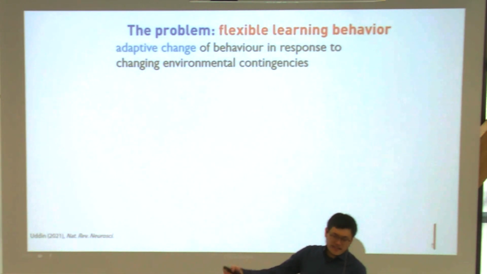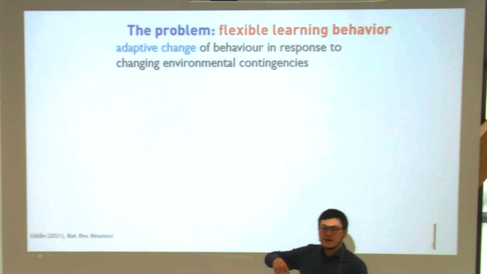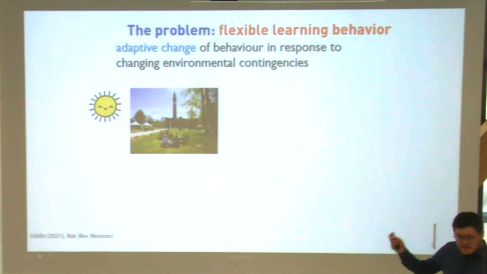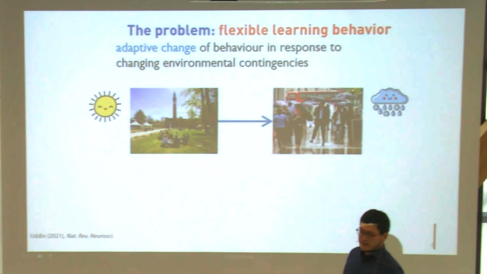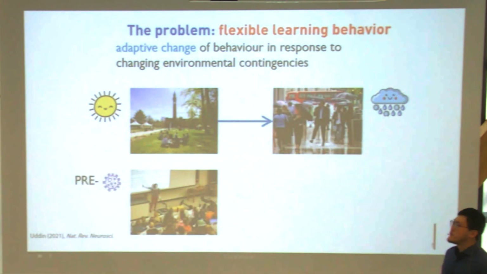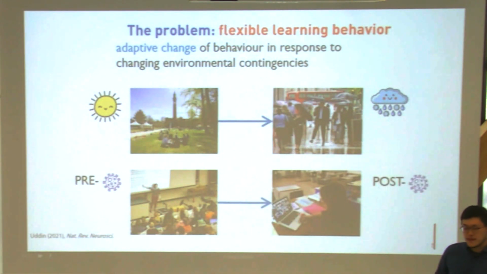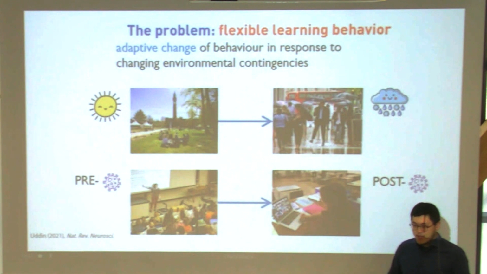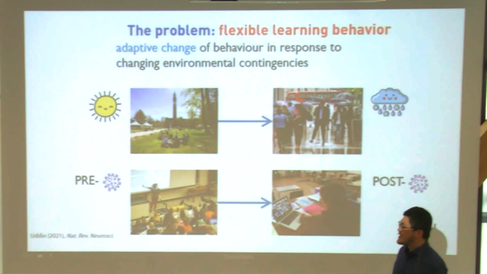As I said, if there's a change in the environment, will you be able to detect that change, and then adapt your behavior accordingly? As one example, when it is sunny, people tend to go outside, and when it is rainy, people go inside, or bring their umbrella if they have to walk in the street. Another example: before COVID, people usually taught in person, and when COVID happened, people switched quickly to online teaching. So when the environment changes, there is always a contingency to change behavior accordingly. But today is different. Today is sunny, and we are doing online hybrid teaching, but inside.